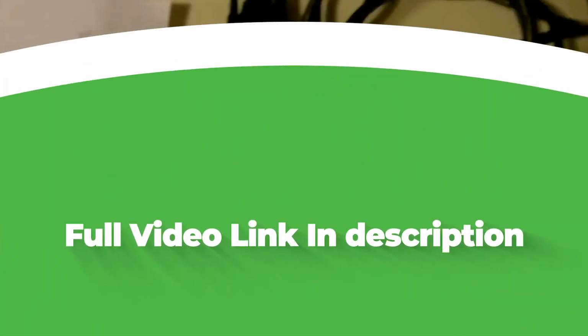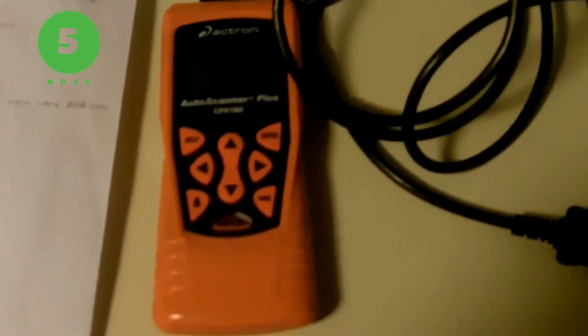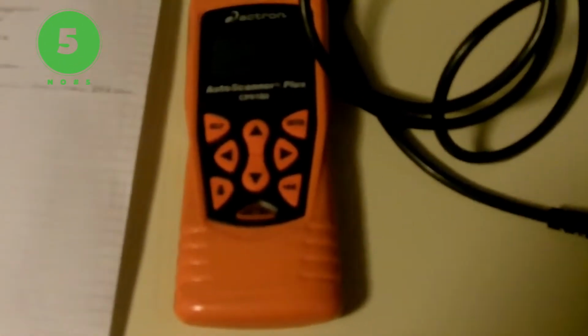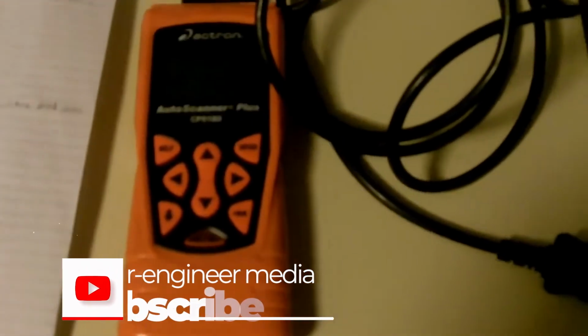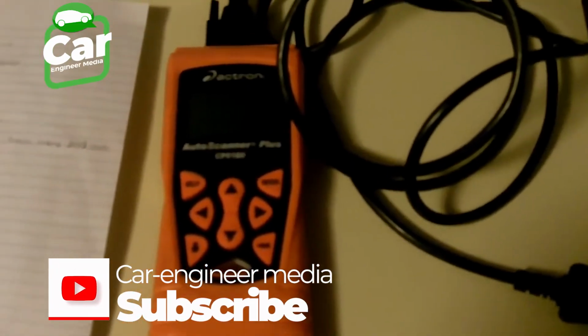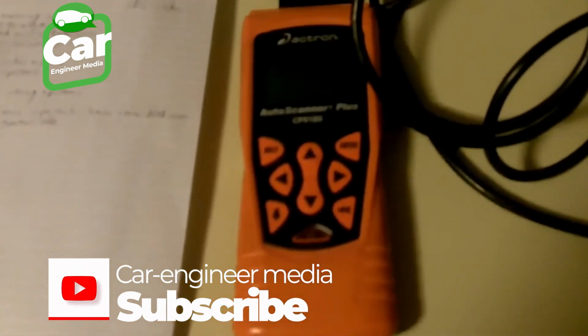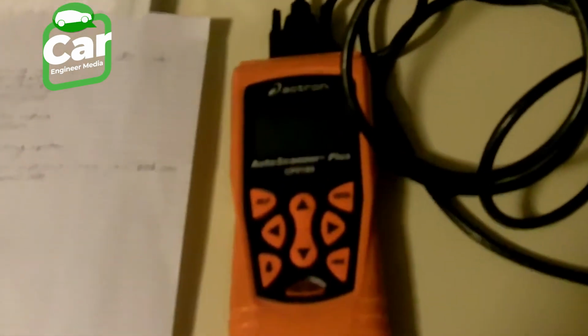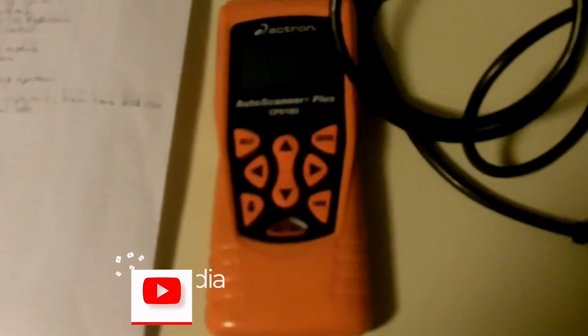Alright, and here is my OBD2 scan tool. And real quick, you got your P0 codes and P1 codes. P1 codes are manufacturer specific codes, and P0 codes are generic codes. They do try and have a general generic language, but for like the dealership and stuff, they like to make it easier for technicians, so they do P1 codes, which go way beyond just the generic standard. So once you got that down,